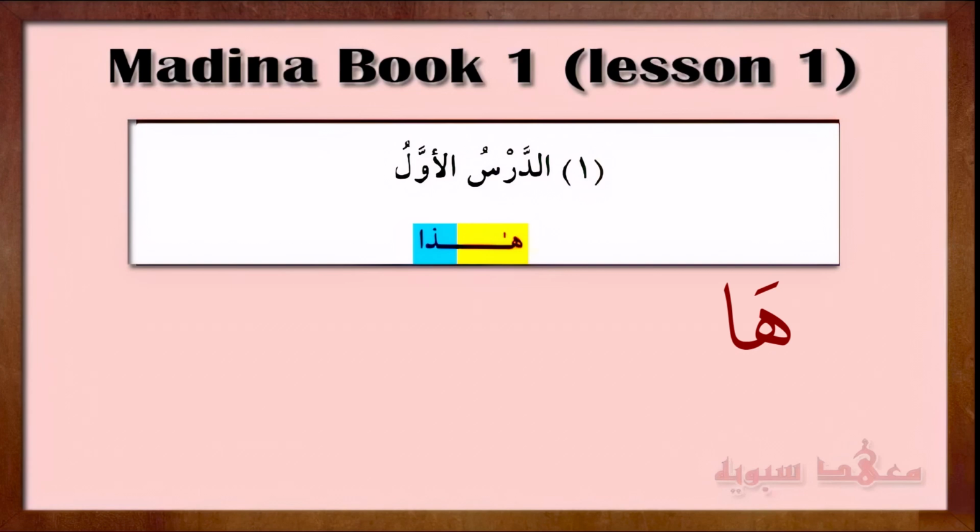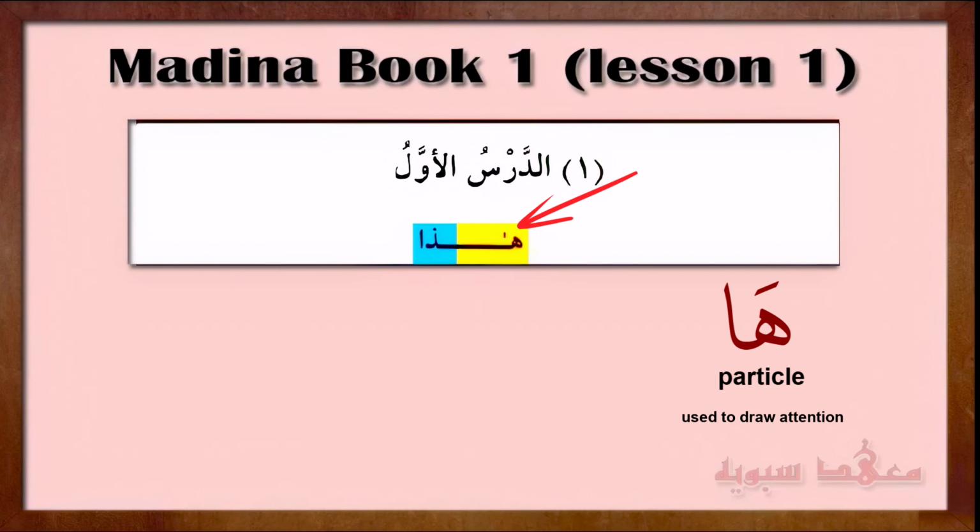So we have here ha, which is made up of a ha plus an alif. Now in Arabic script, this alif, when it's actually joined to the demonstrative pronoun, is not written. Now actually in the Mus'haf, you'll find that it's written in this way. It's a small alif, and that's just to do with the script. And it's pronounced as ha. Now this ha is actually a particle. It's a harf.